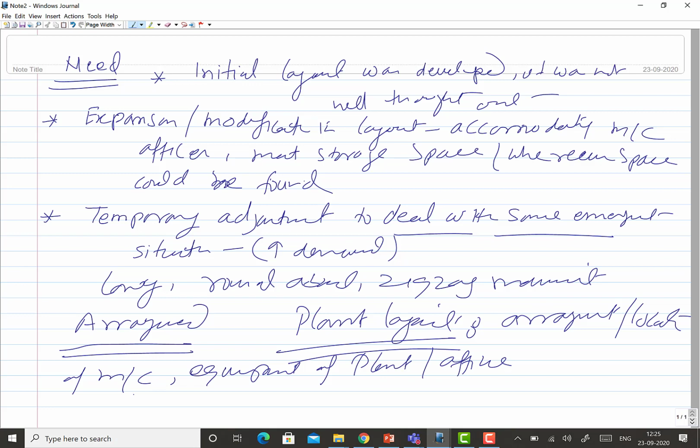It shows basically the arrangement of the location of the machines and equipments in a plant or in an office, and it is expected that this arrangement is such that there is an easy flow of material and man. Okay, one, easy flow; two, at the lowest cost;